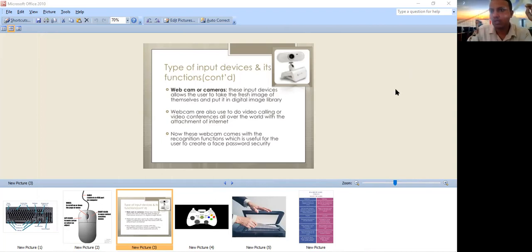I have switched on the web camera of my laptop, so you can see me in the recordings. Here in the right corner, you can see me.